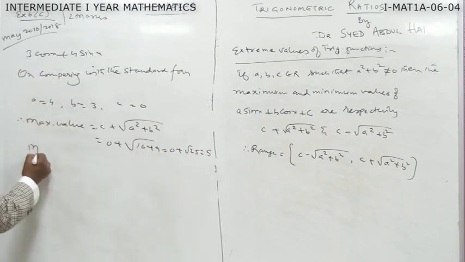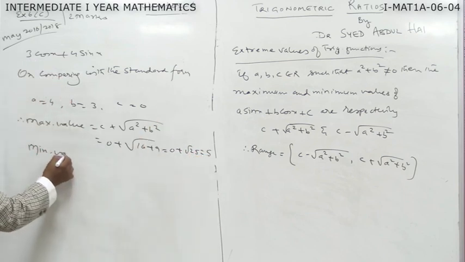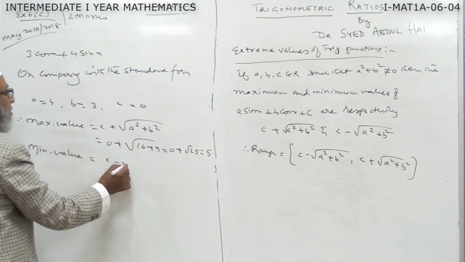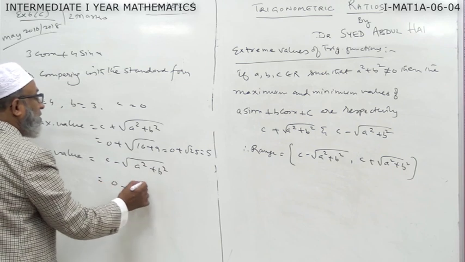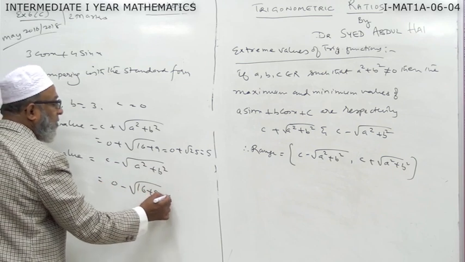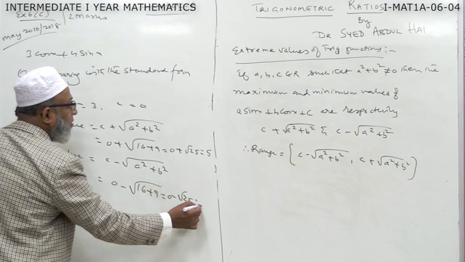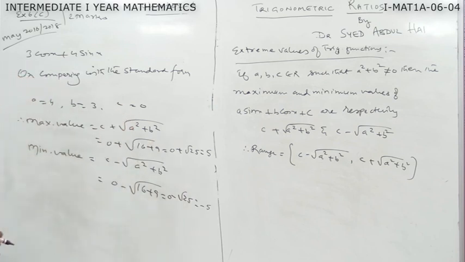And minimum value is equal to c minus root a square plus b square, which gives me 0 minus root of 16 plus 9, is equal to 0 minus 25, is equal to minus 5. Is it clear? So, this is also an important question. Next is,